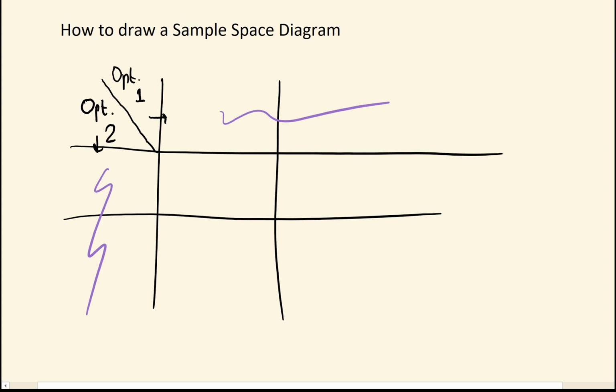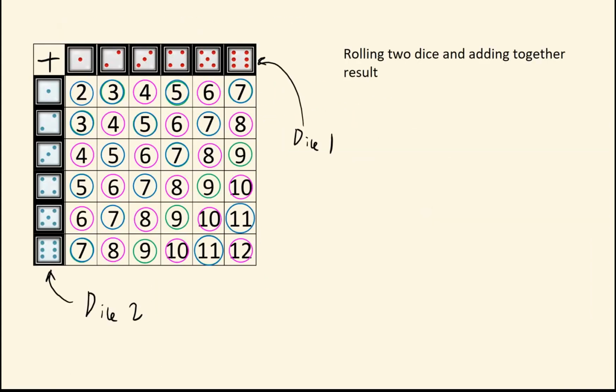For the most basic common example, you have rolling 2 dice and adding together the result. From dice 1 we can get 1 to 6, from dice 2 we can also get 1 to 6, and then we add up every single pair of numbers in here, which is the main part of the sample space diagram. Once you've got the sample space diagram, you can now use it to